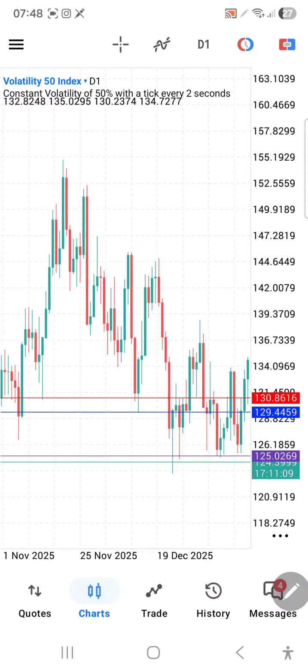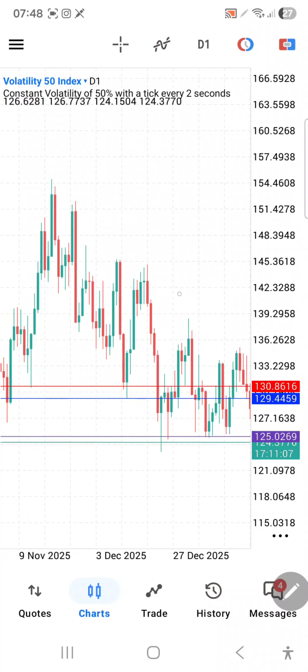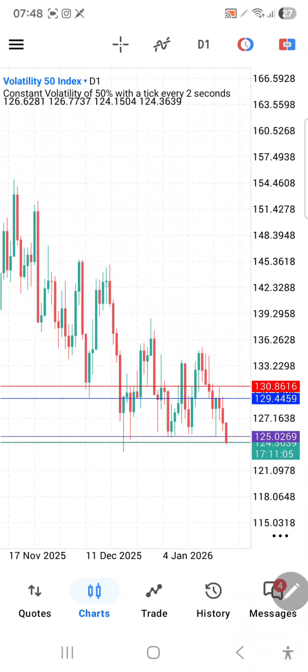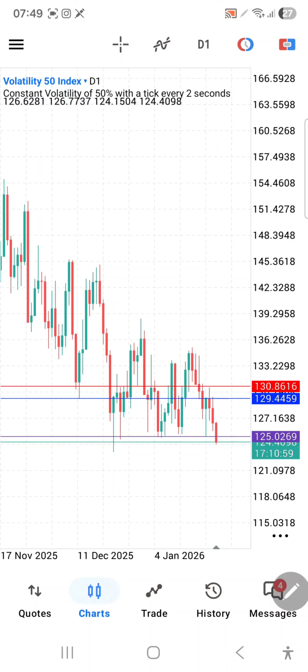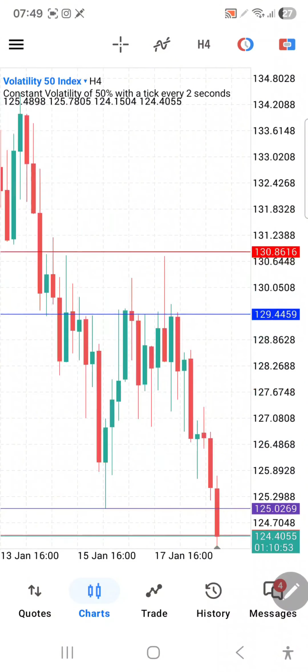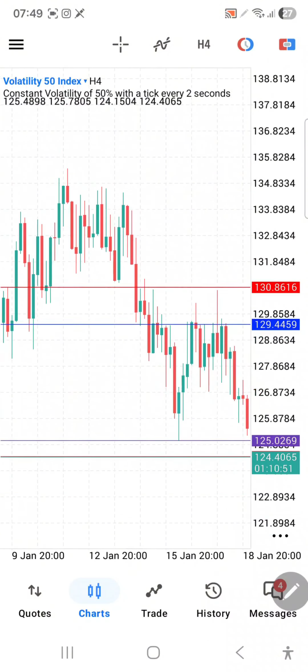Look at the daily time frame. You can see price creating lower lows and lower highs. Lower low, lower high, lower low. You understand? So I capitalized on the opportunity the market gave, and still took that trade. Now coming to the 4 hours time frame, you could see that price is also bearish,